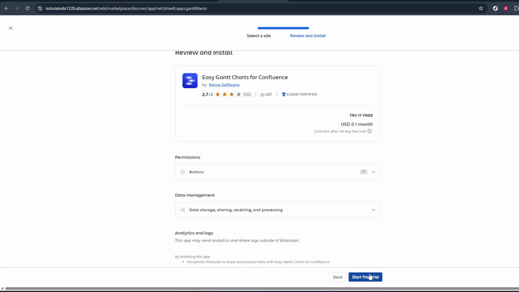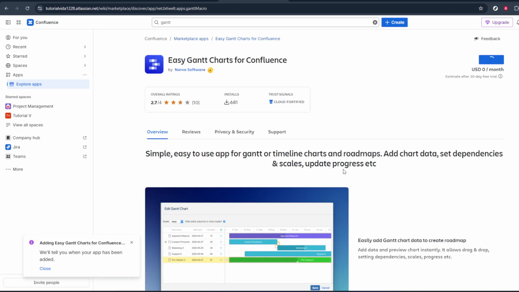From here, simply follow the on-screen prompts. Confluence will guide you through any installation, trial, or permission steps. Once those prompts are complete,